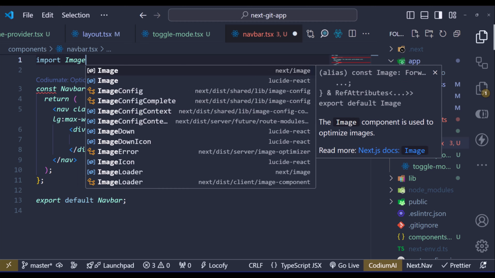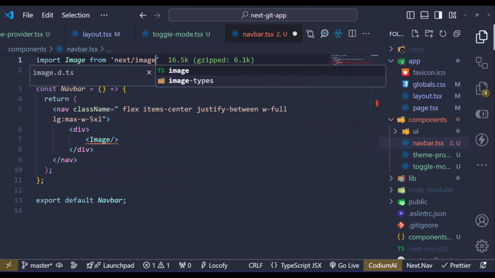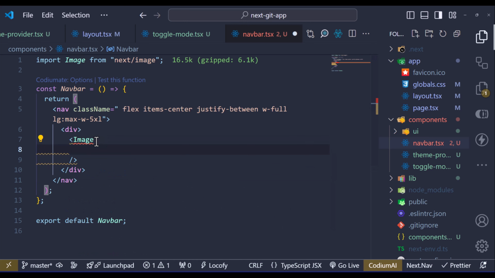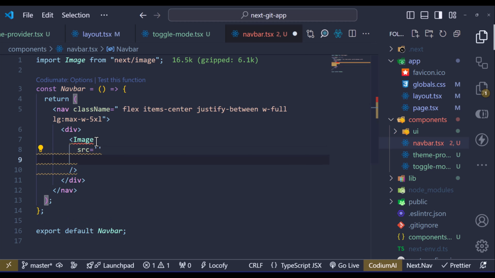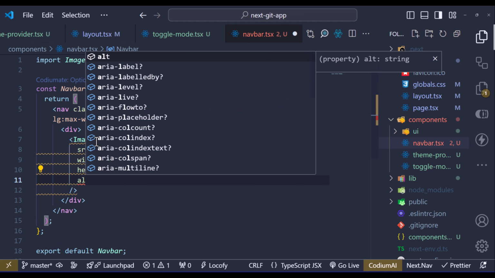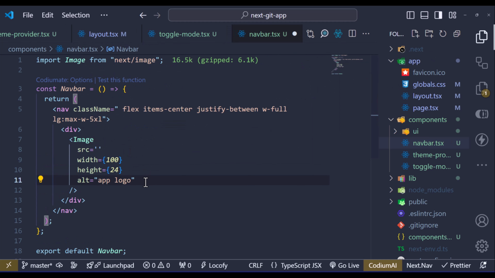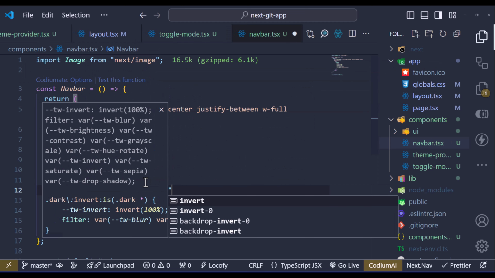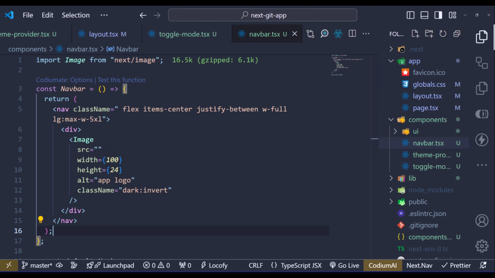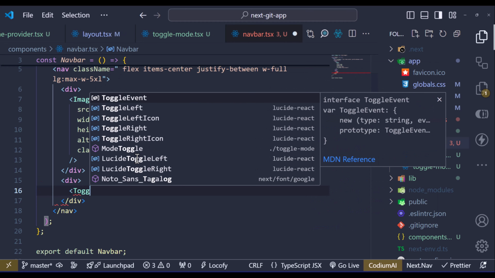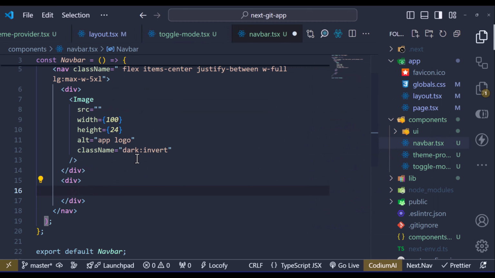And this image comes from next/image. And I will give it some props: an empty source for now, with width of 100 and height of 20, the alt of app logo, and class name of dark:invert. Outside this div, but still inside the nav tag, let's add a div and inside this div put the